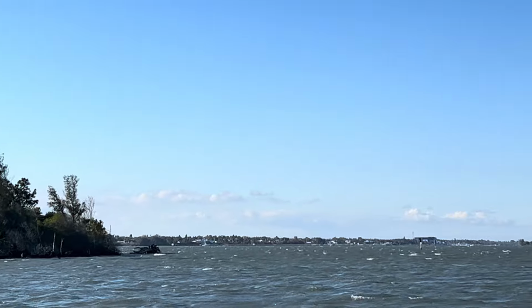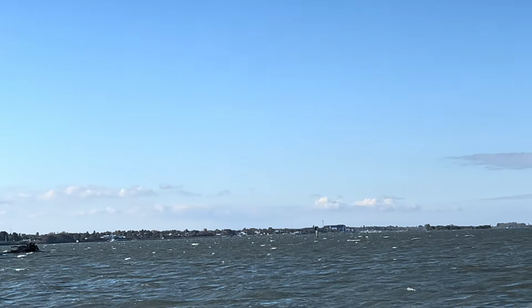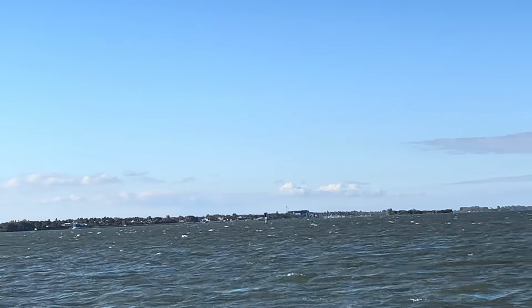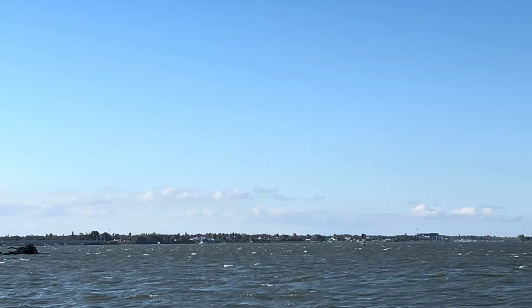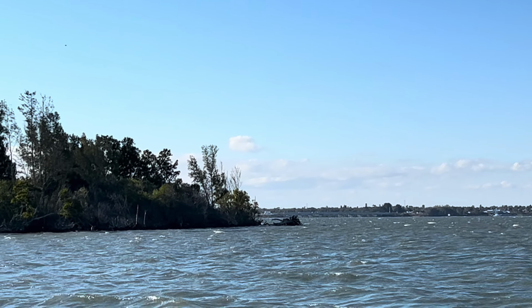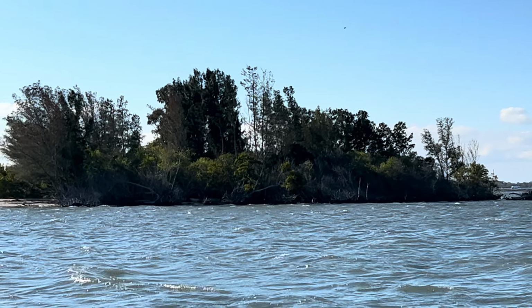Here, due to erosion. Before this channel was dug, you could actually walk from one side of this estuary to the other side. It's very shallow. This estuary is